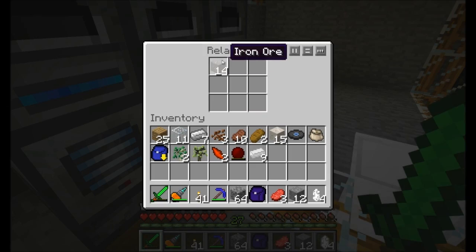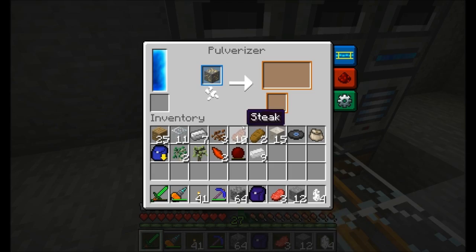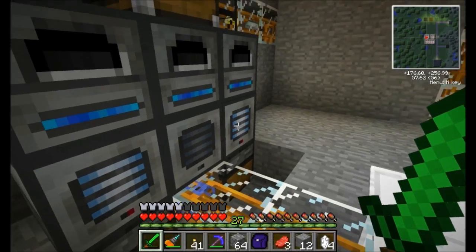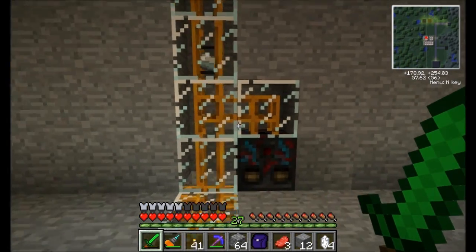We can see this guy's actually got a buffer going on. And this guy should be pulverizing some stuff as well. Cool. We did a nice job there. Not bad at all. And you can see all the ores coming out this way, the smelted ingots, and making